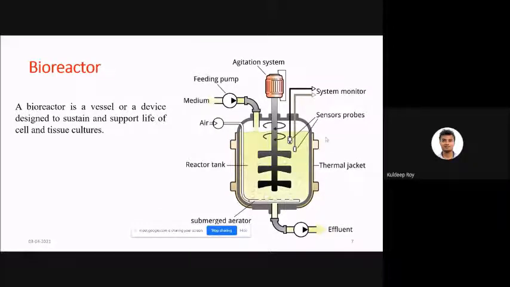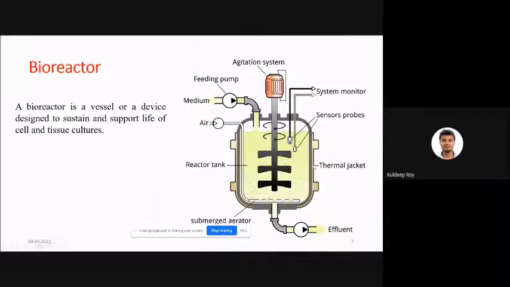What you are looking for, like in AB fermentation, is a higher yield of acetone, butanol and ethanol. Now one more thing, you have to provide the sensor also, for sensing if you need any kind of pH control, because the cell cannot grow at a higher pH, so you have to keep it either neutral or nearby neutral, means 7 or nearby 6, 5, 8, something like this. So you have to determine the pH, because pH is a very important part to grow the cell. And after that, the thermal jacket.